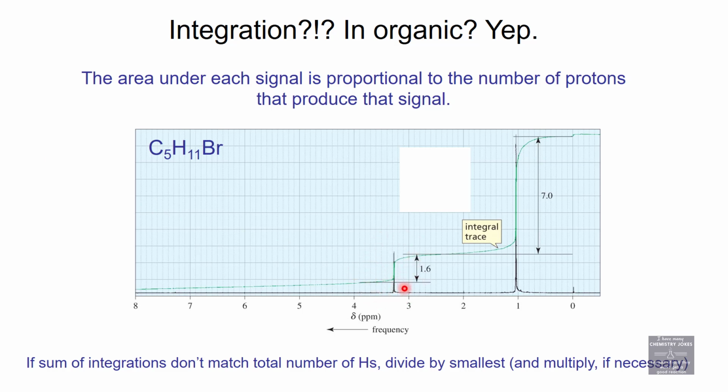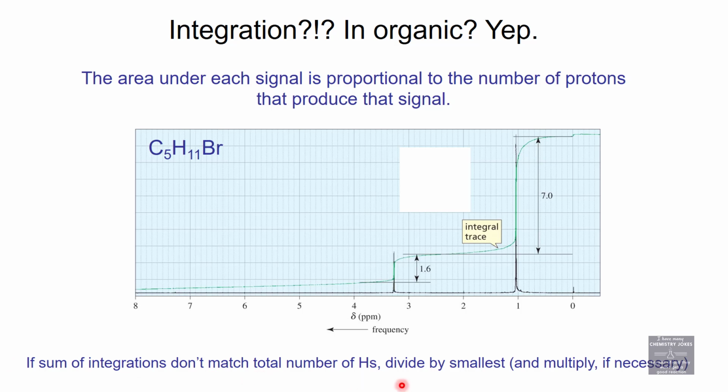So this integral has been measured at a value of 1.6. That integral has been measured and given a value of 7.0. That means 1.6 to 7 is the ratio of your integration. Okay. In this molecule, how many H's do I actually have? 11. This says that the ratio should be 1.6 to 7. But since every single proton needs to be represented on a proton NMR, I need the summation of these two integral values to equal the total number of protons in my